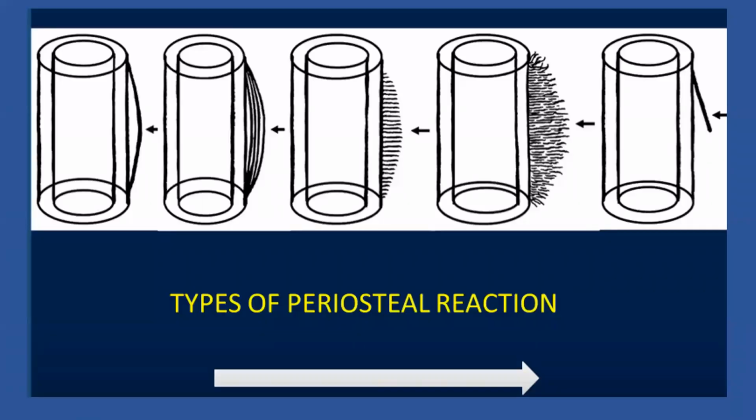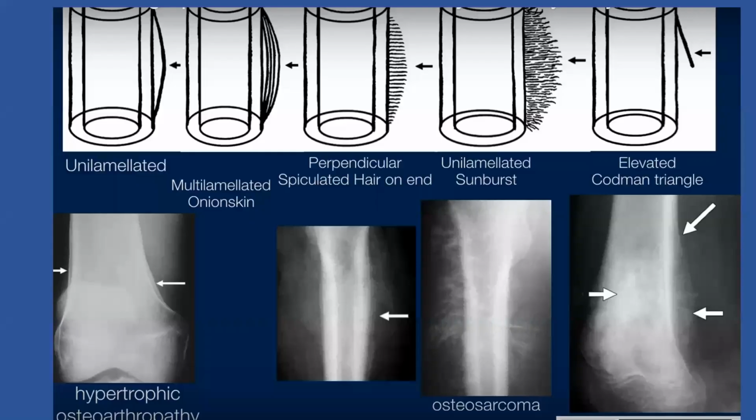Look at the periosteum. Is it onion peel? Is it a hair on end appearance? Do we have a Codman's triangle? What are these? If you have a hypertrophic